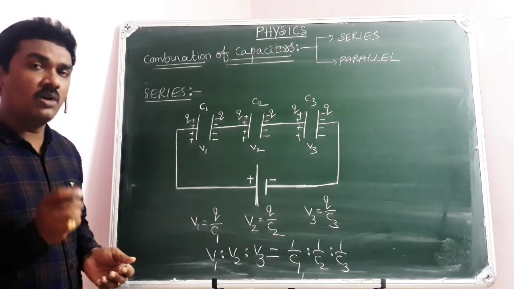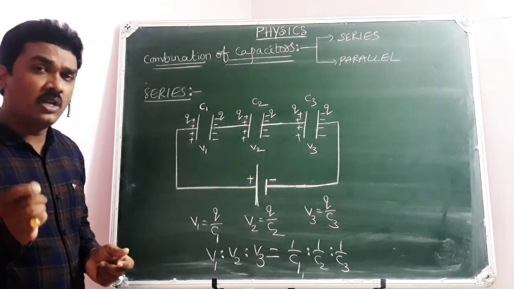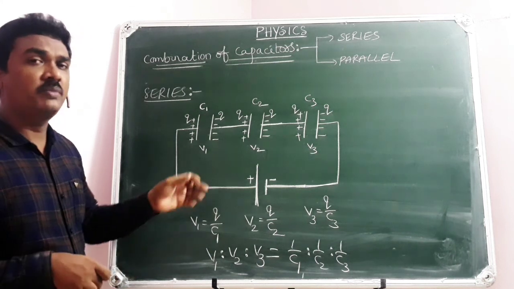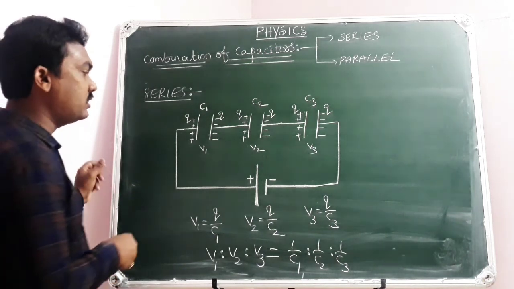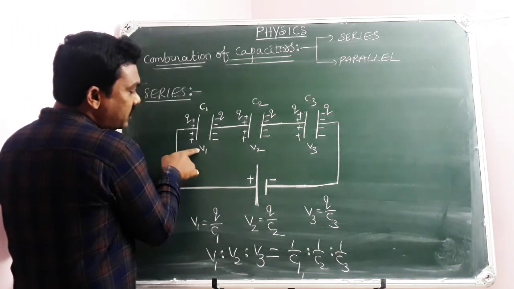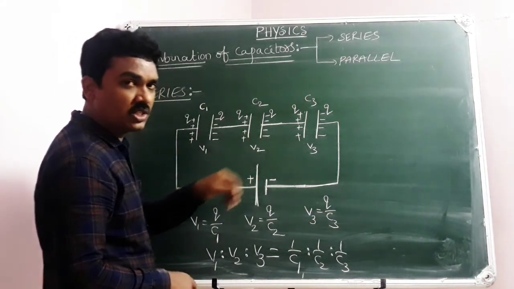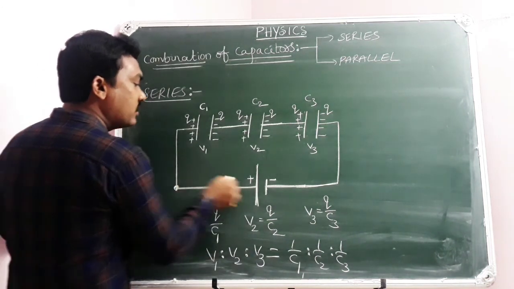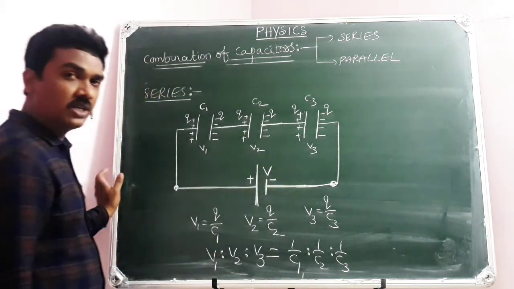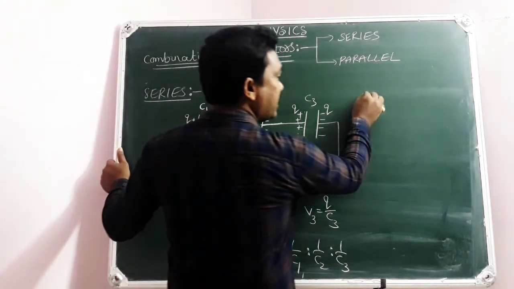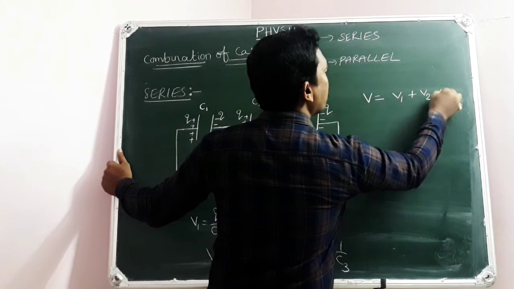So the conclusion is, when two or more capacitors are connected end to end, so that the charge on every capacitor remains the same, they are said to be connected in series. So this is the mathematical concept. Apart from this, the potential differences V1, V2, V3 developed across C1, C2, C3 are all because of the potential difference across the terminals of the battery, which is V, the applied potential difference. So immediately we can write the applied potential difference V equal to V1 plus V2 plus V3.